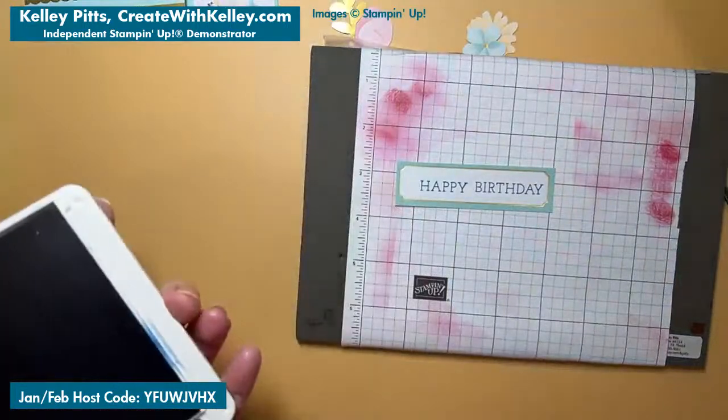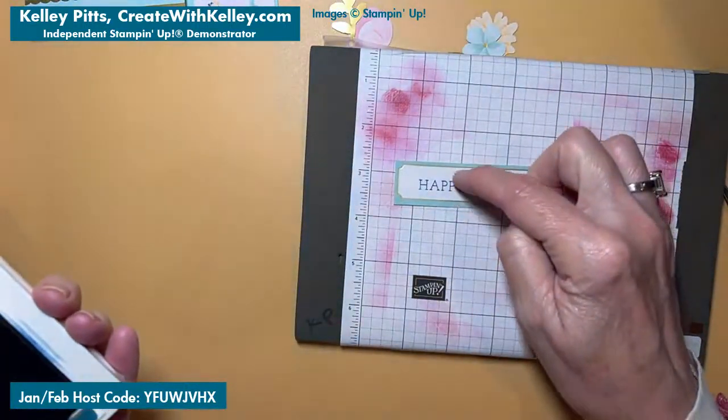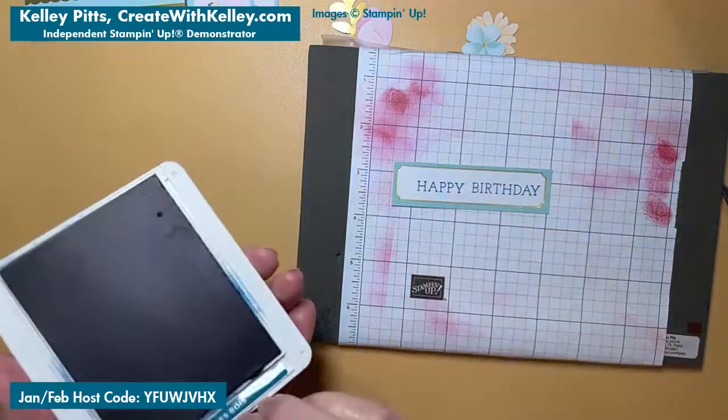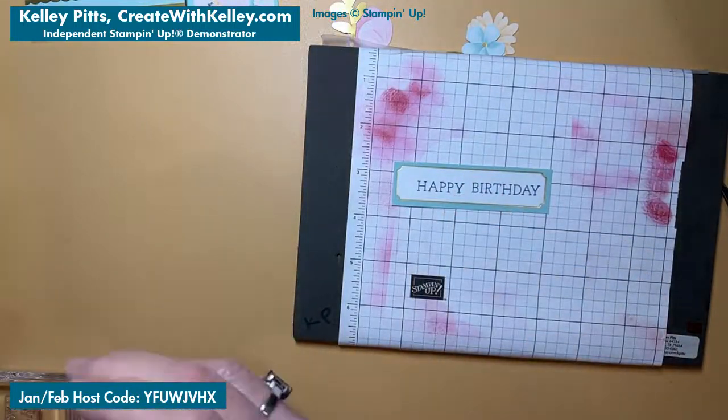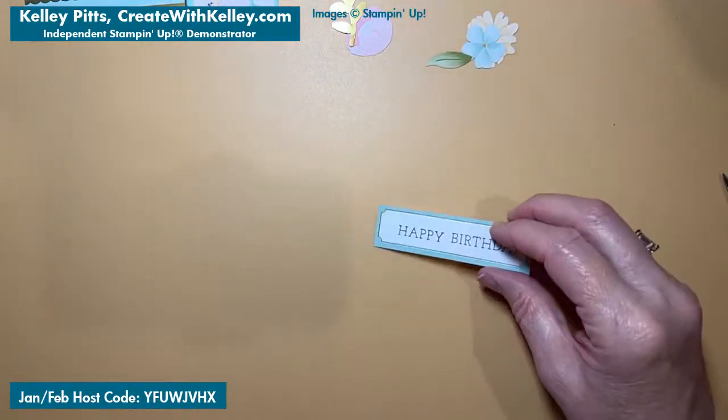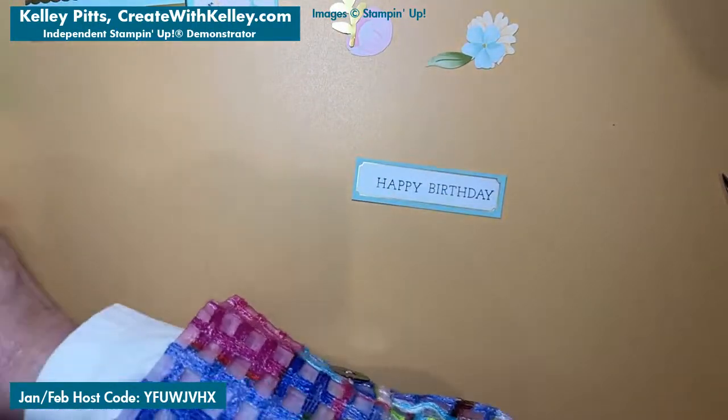So that's both in Blueberry Bushel. You could maybe stamp it twice in two different colors, which would be a good idea there. That'd be cute. So you don't have to line it up exactly. It would look like you did it another way on purpose. Okay, we're going to get